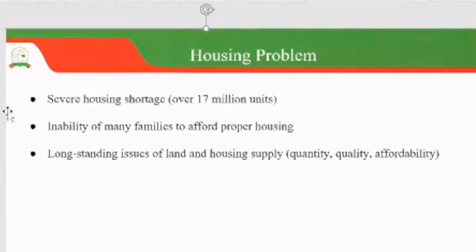There are statistics showing that we have a severe housing shortage. In other words, the developing world or the entire world has about 17 million units shortage